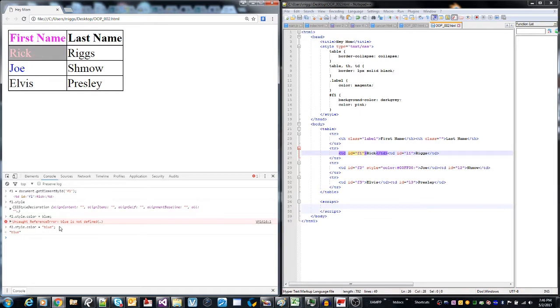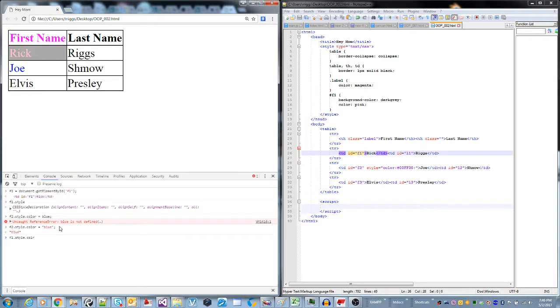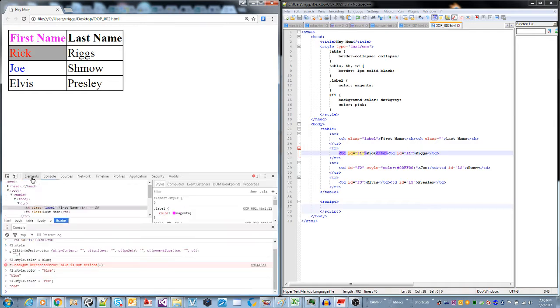So let's say I want f1.style.color equals red instead of pink. I just want it to be full on red over there. There, and it's red, but check this out. When I go and look at the elements,